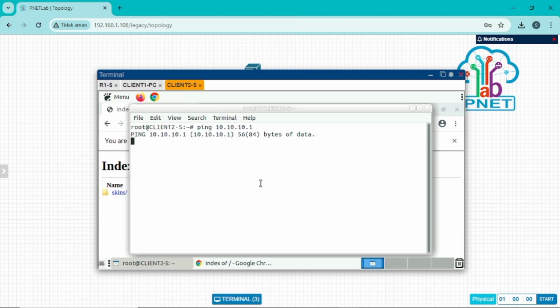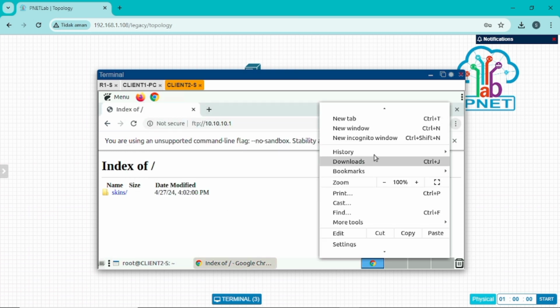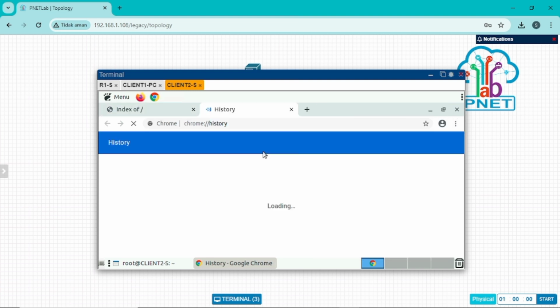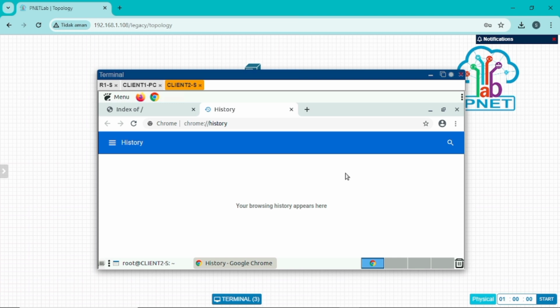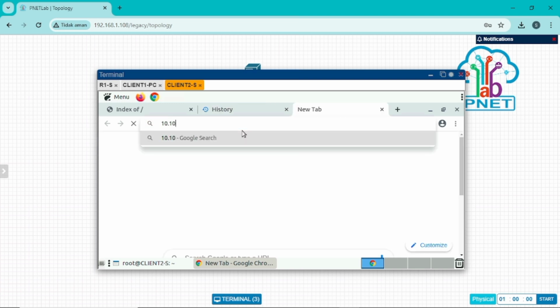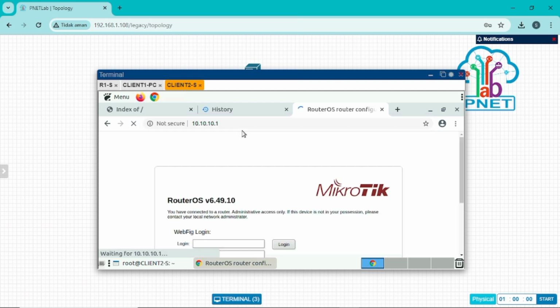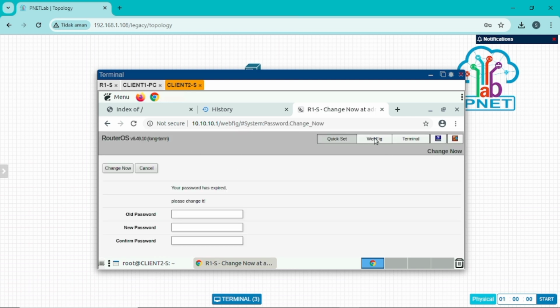Next, log in to Google Chrome on the client server, then delete the search history first with the following command. Next, click New tab and search 10.10.10.1 in Google Chrome to remotely use the Webfig service. Then select the Webfig menu.